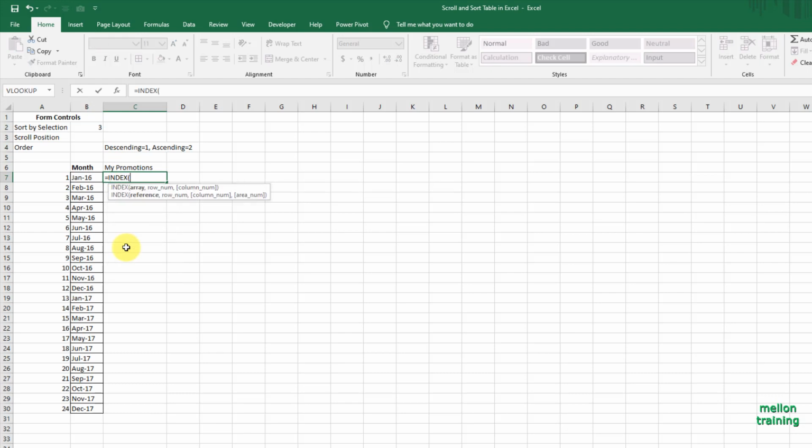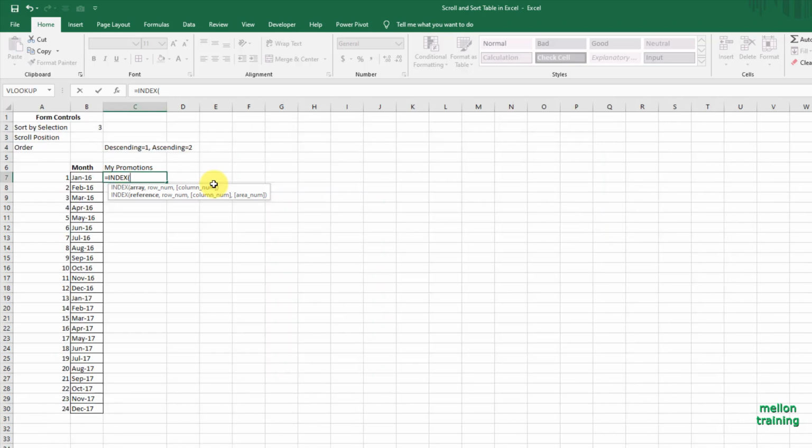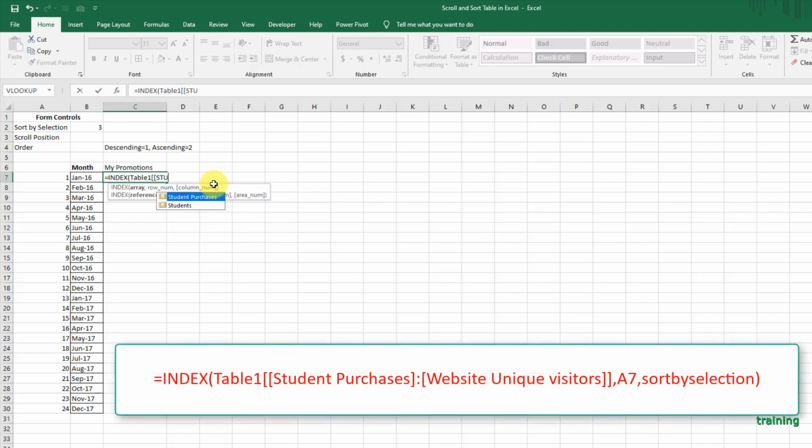The syntax of this formula is very similar to this one. Type equal index, again is indexing table 1 from student purchases to website unique visitors. These 10 columns here, and as a row number is referencing this number here, A7 cell, because we want to return the first row.